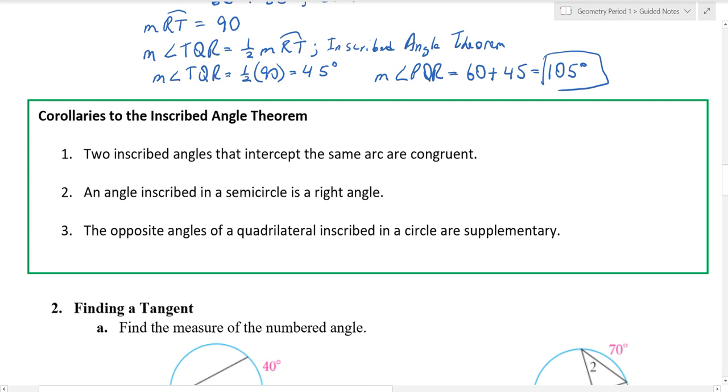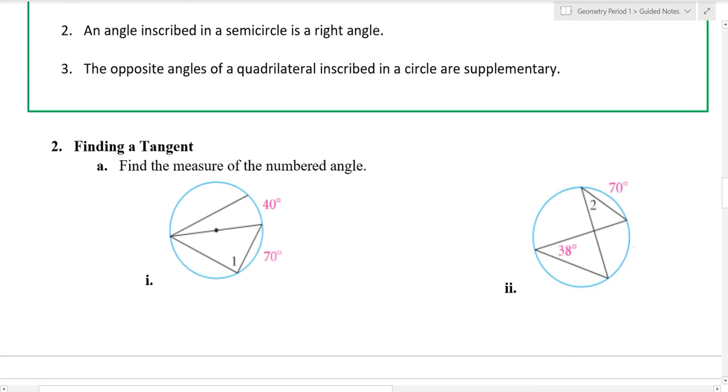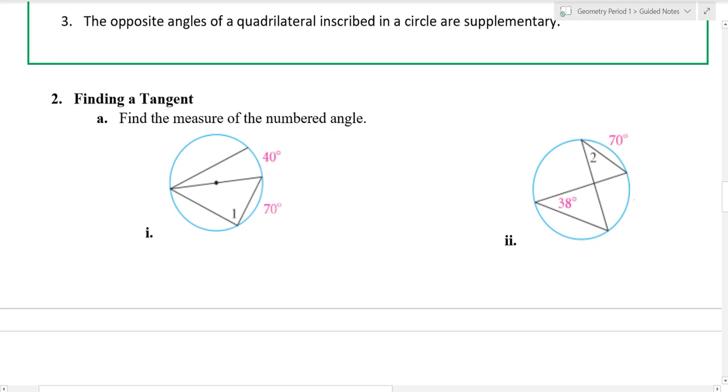Okay, now let's take a look at a couple of examples here. And we have part A. It says find the measure of the numbered angles. So let's take a look at angle 1, the only angle here that is numbered right here. So it is an inscribed angle. And the arc intercepted happens to be a semicircle. And a semicircle happens to measure